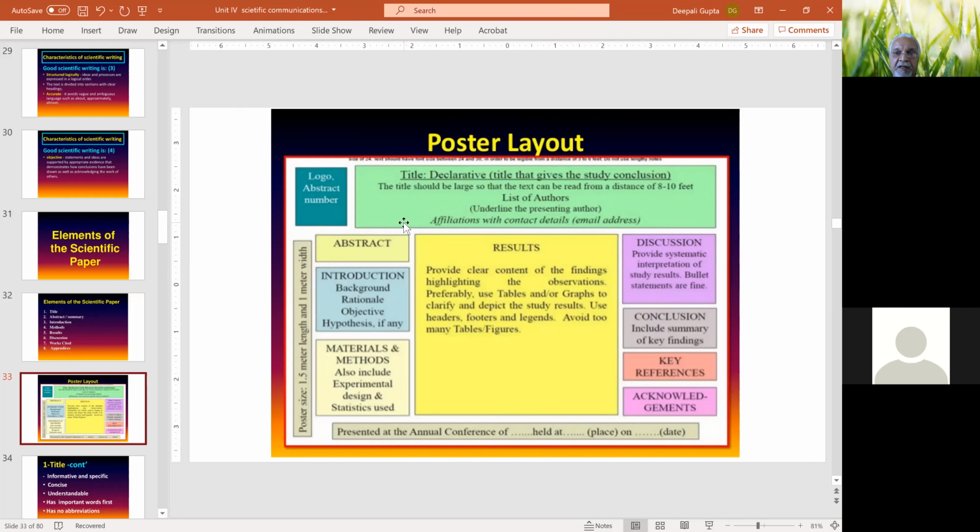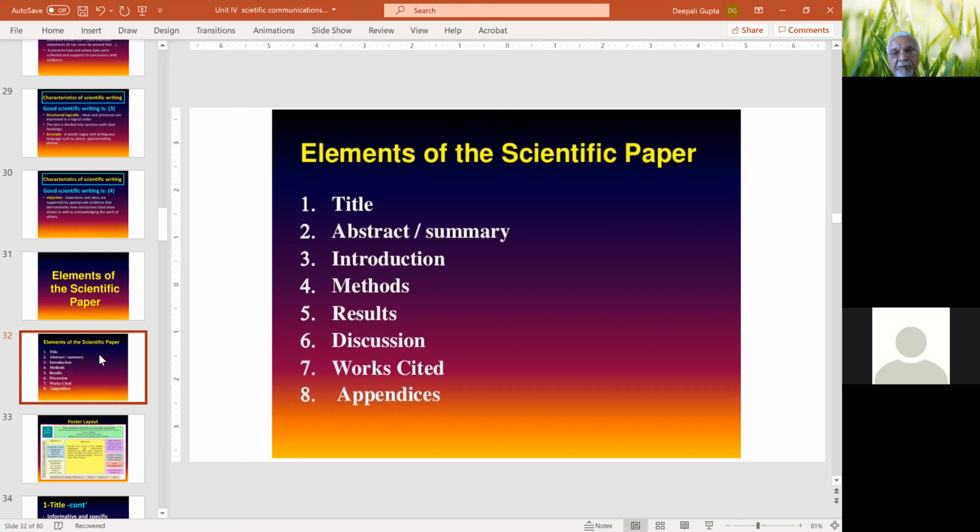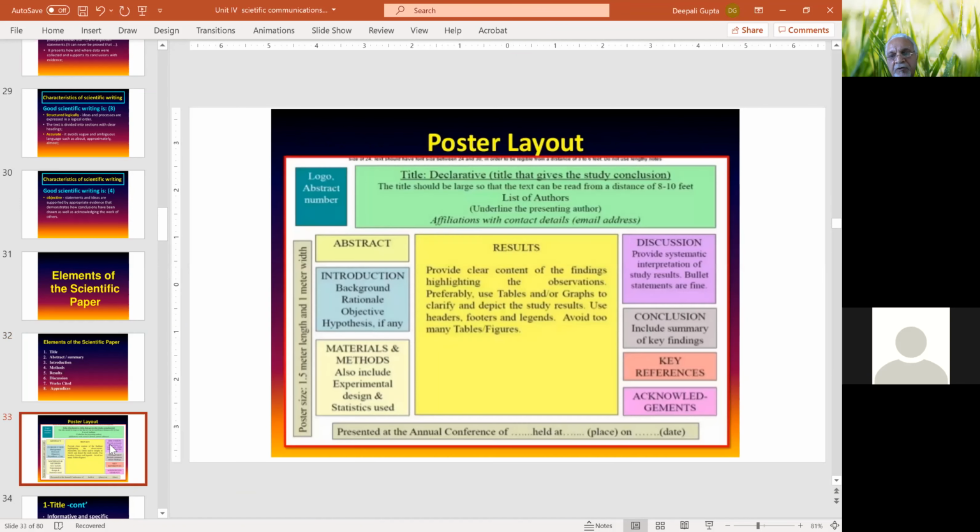And in a research communication or paper, you have the same things. The same layout is there in a research paper. You have a title of a paper, the abstract, introduction, methods, results, discussion, references, and acknowledgements. So both are the same. And this I showed you, a typical layout of a poster.